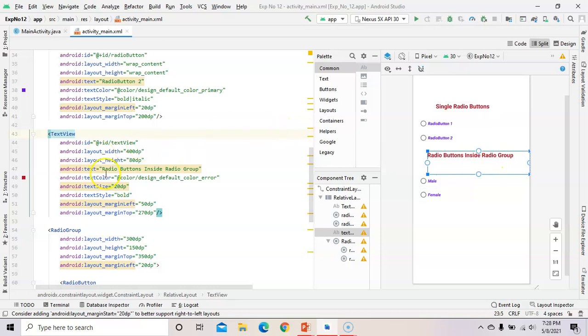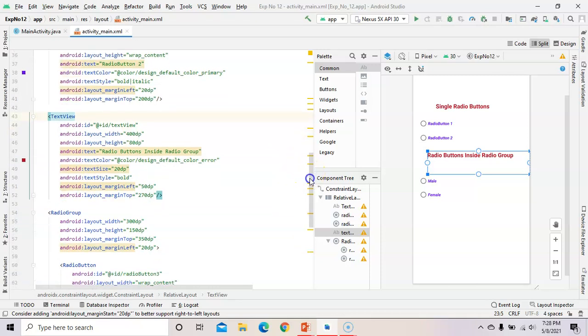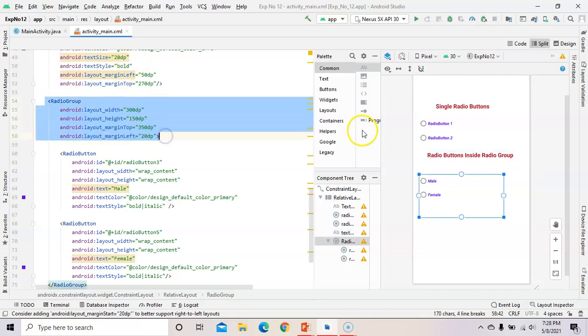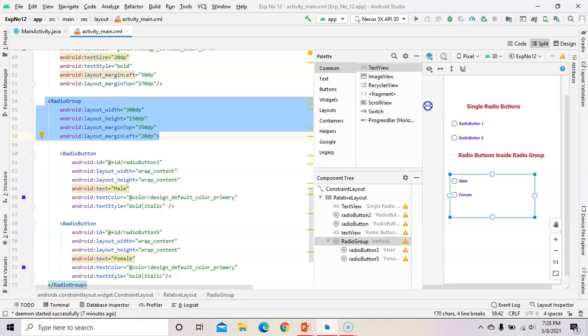Here it is written, radio button inside radio group, and now these two radio buttons, male and female, are inside the radio group. For that we need to take the radio group from the design. When you go to the buttons, the radio button is there and the radio group is also there.